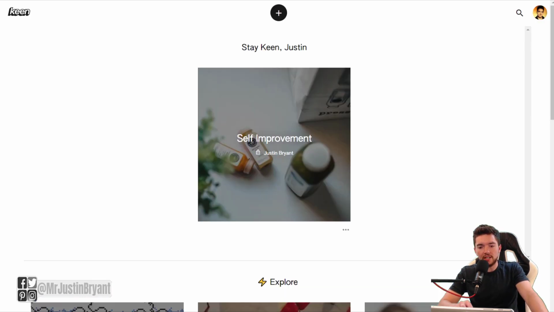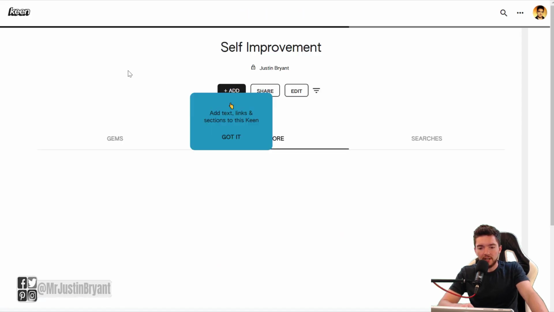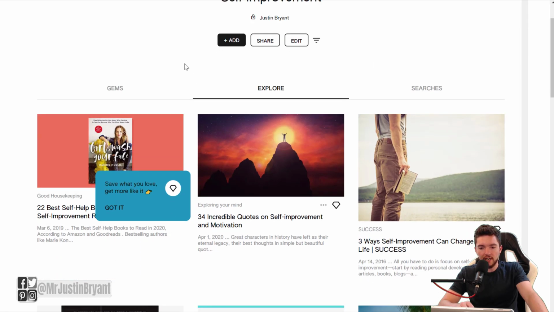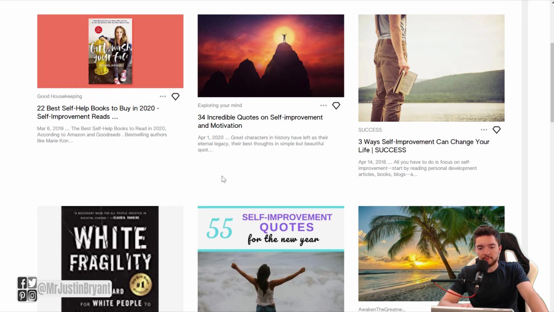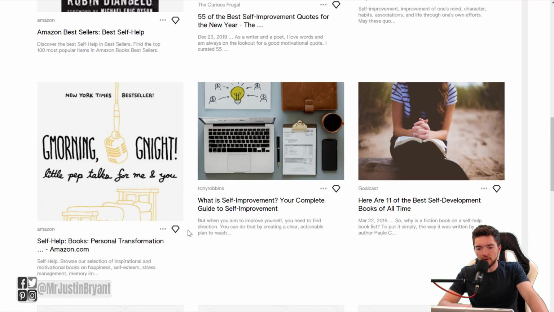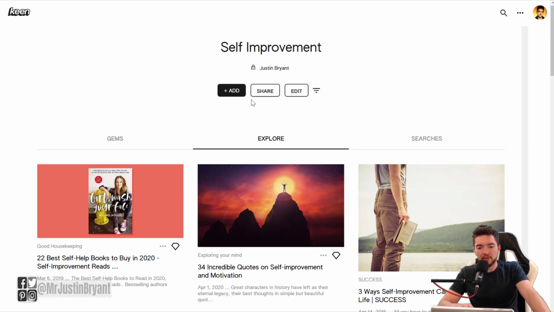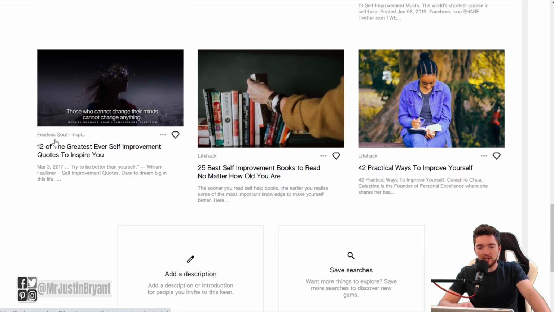So if you were to sign into Keen like I did here, for instance I did self-improvement. If I click on that, you can add all sorts of things to this, but it will actually go and try to find you the type of content that you've picked on here, say articles or books or quotes. Books and quotes are two of the things I picked, and I picked the topic of self-improvement. So it goes out there and uses Google to try and find you the best stuff related to the topic you're interested in.